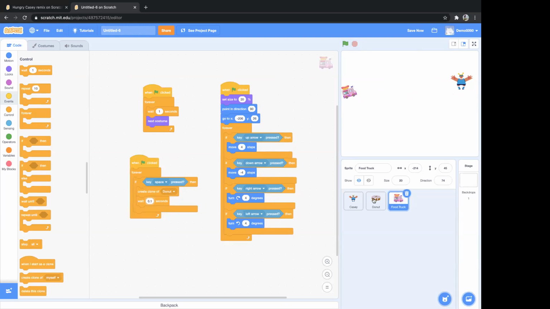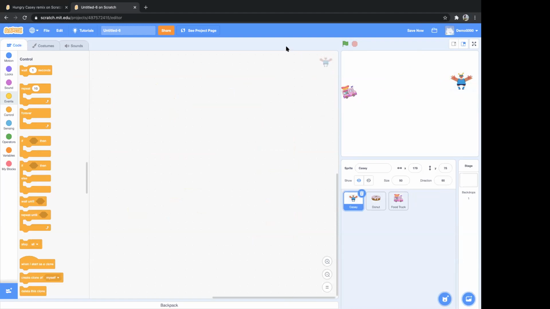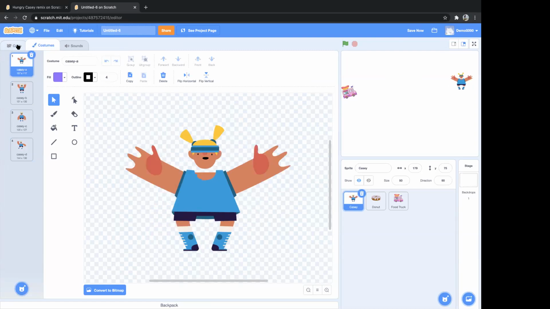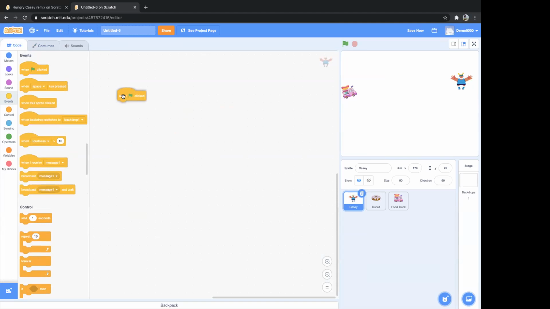Now let's go to KC now. Okay, let's click on KC. Now we want the same cloning effect to be done on KC as well, because when you saw the projects, there were multiple KCs coming from this right hand part, right? So we want to create clone of KC also. But before that, let's go to the costume of KC and see there are different costumes for KC available as well. Okay, so what we will do is we'll go to events, when green flag is clicked.